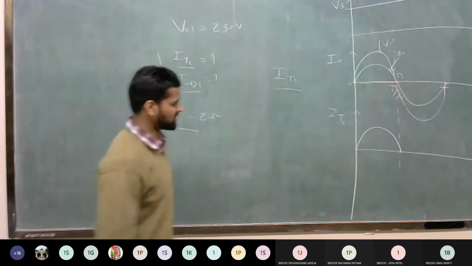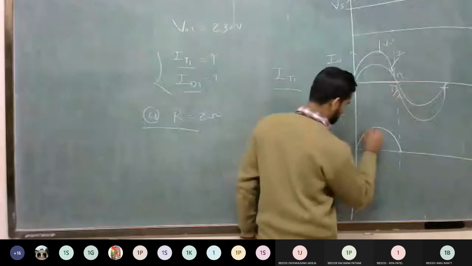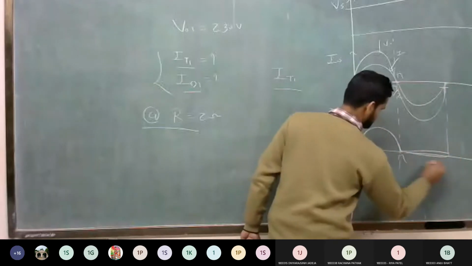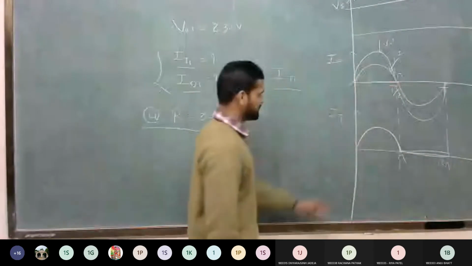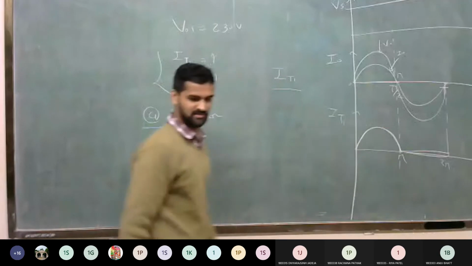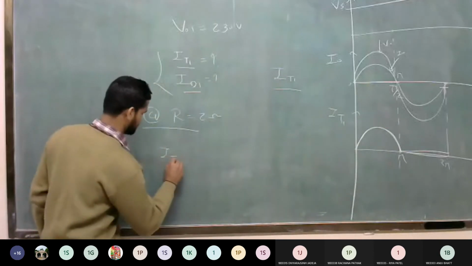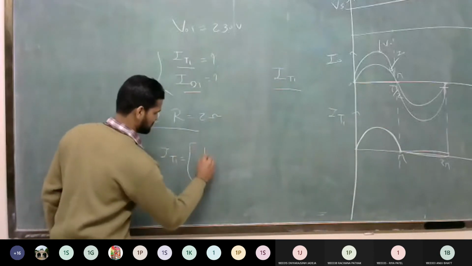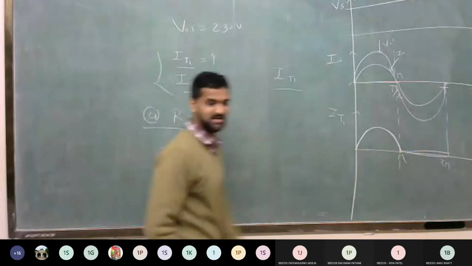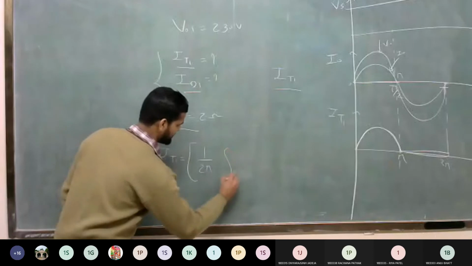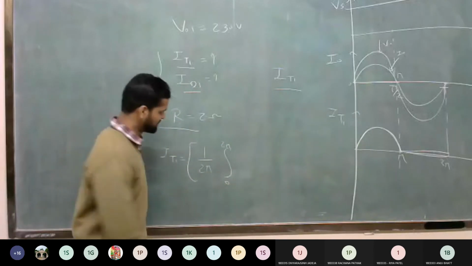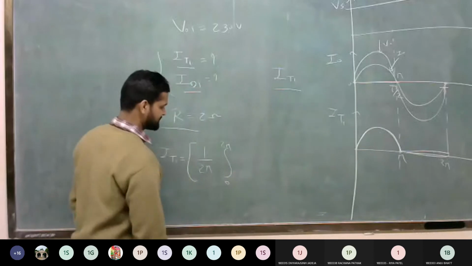Yes, sir. So it means that the thyristor current you get between 0 to 5, and between 5 to 2 pi it is 0. Clear? So if you calculate the RMS value of this waveform, the equation of IT1 RMS, where A is equal to 1 because we calculate the RMS value for one complete cycle. Clear? And integration 0 to 2 pi, and the value of current is